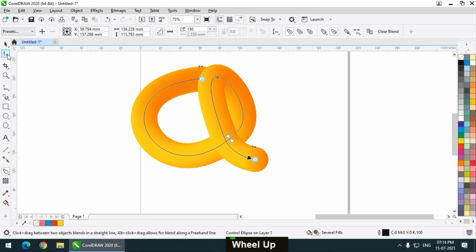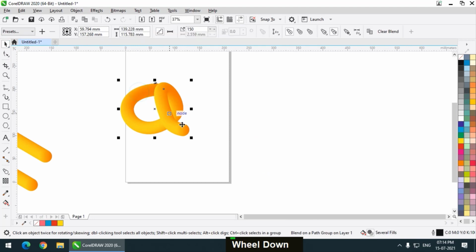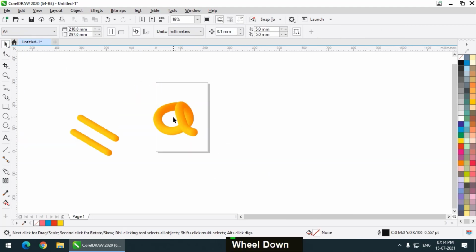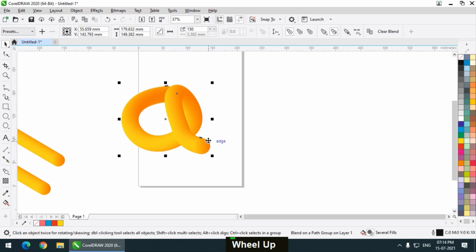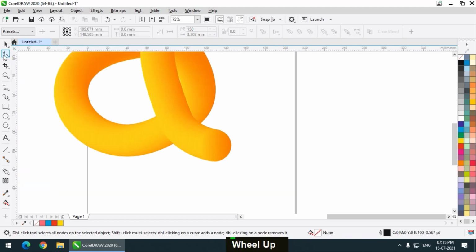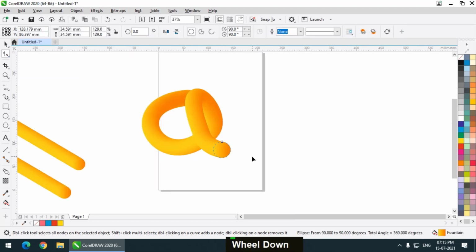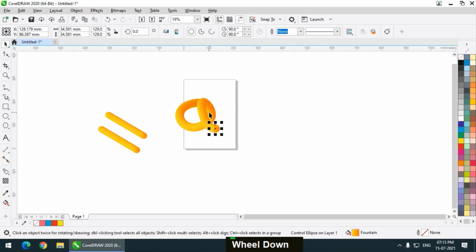And if you don't want this line, simply select the shape tool, and it will disappear. So this is how it will look. If you want to change the ending, so let's say you want this end at the bottom, simply choose the shape tool, click on the last shape and press Control End or Control Page Down, or if you are using Mac then Command Page Down. And if you want it again at the top, then Command or Control Home. So this is how it will look.